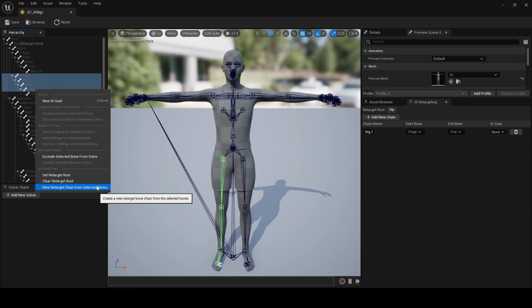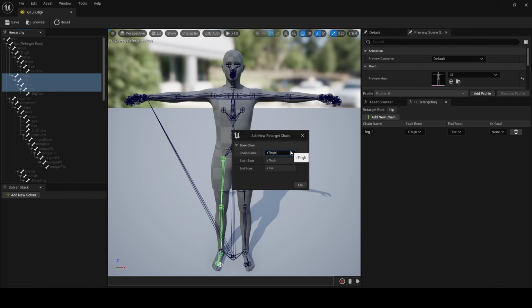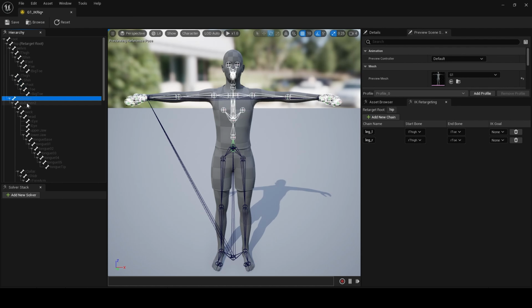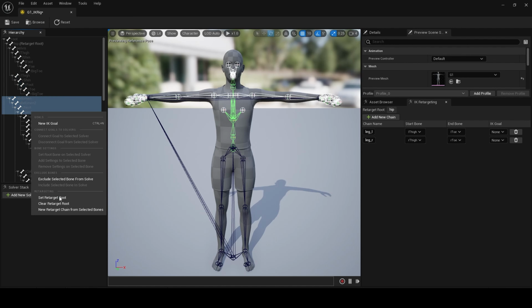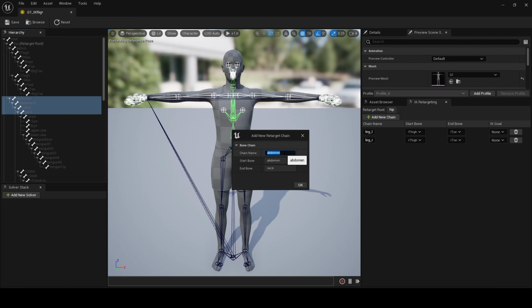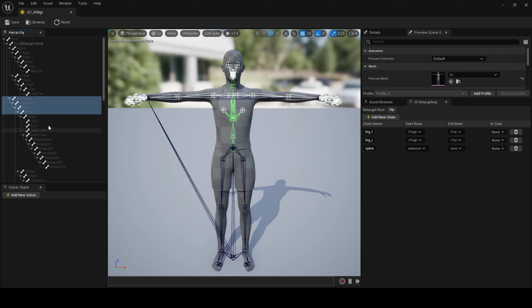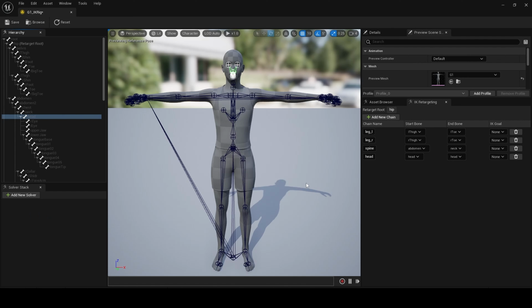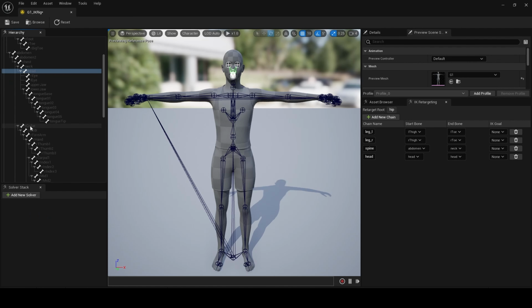and we set new retarget chain from selected bones. Leg R. Oops, my mouse batteries are running out. Right, and then we want a spine, which is abdomen, abdomen 2, chest and neck. And new retarget chain from selected bones, spine, and while we're here, the head, new retarget chain from selected bones, head. Then we need to do the arms,